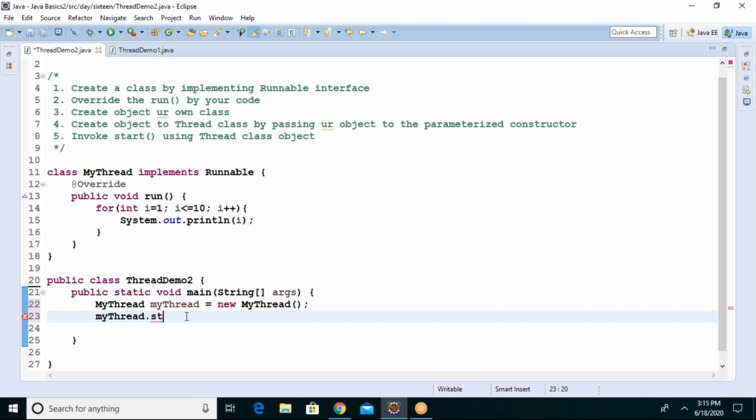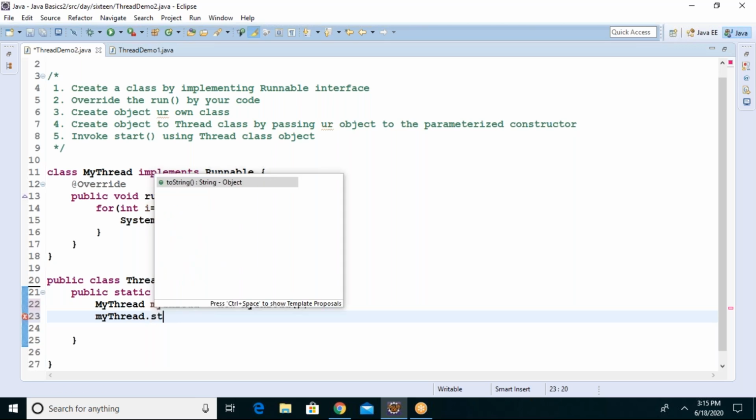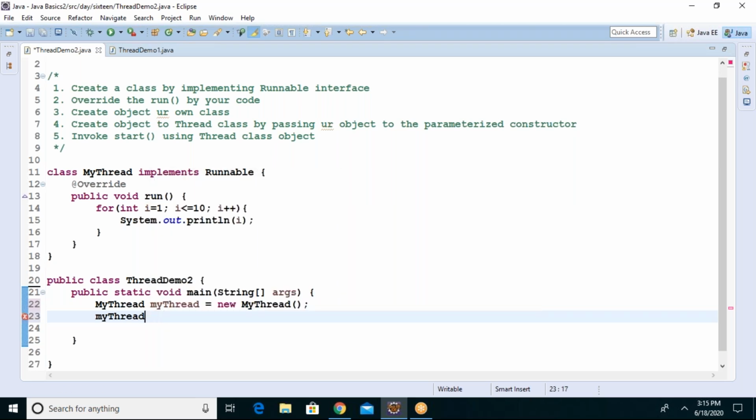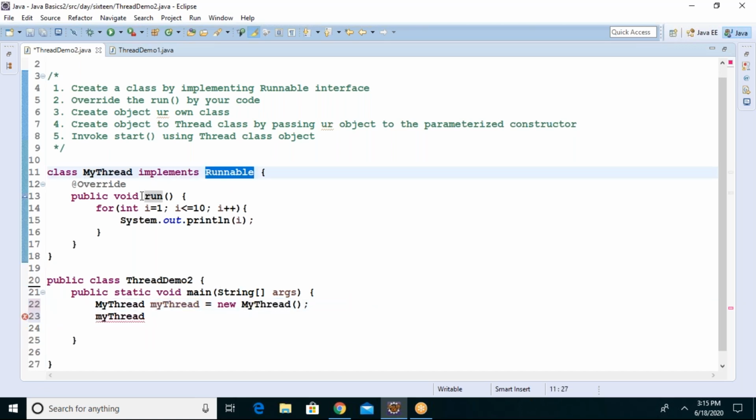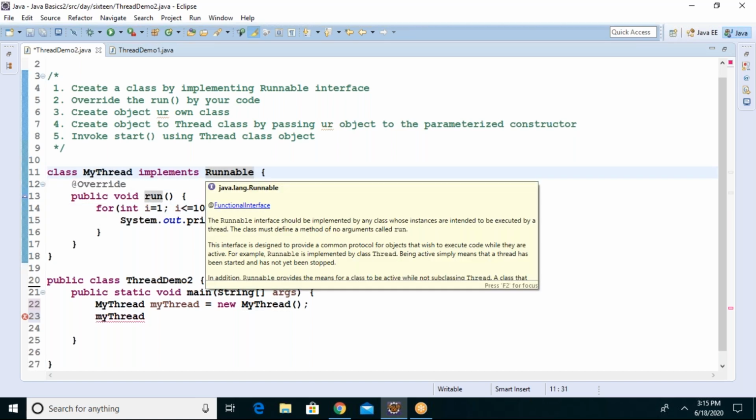Tell me, so with start, is that possible? Can we create the object, guys? No, we can't create the object. Dot start we don't have. That is the reason we don't have start. Why? I already told you there is no start method. Only we have the run method in the Runnable interface. So your class also contains the same methods, whichever you implemented, guys.